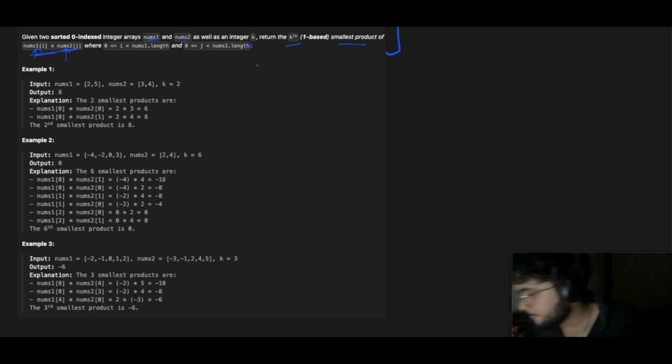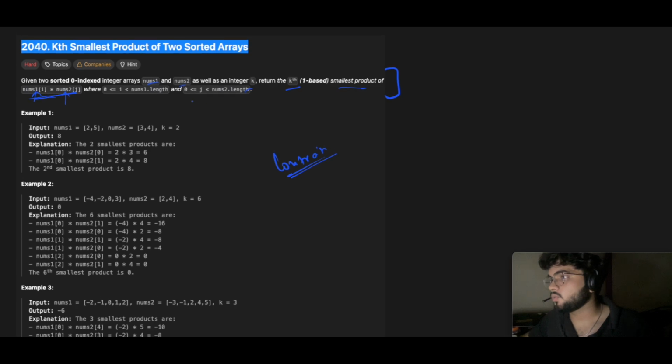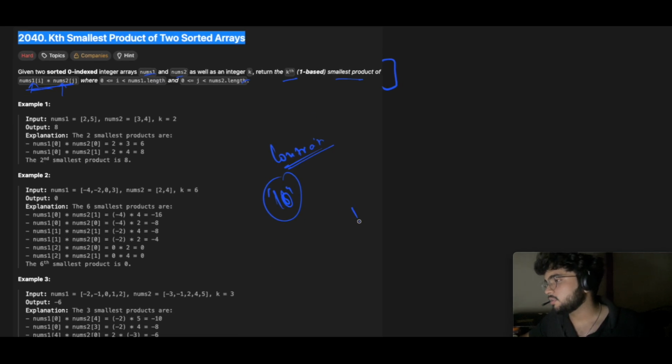And yeah, the constraints that are given: the total number of elements in each of these arrays can be 10 raised to the power 4, and the values will range from minus 10 raised to the power 5 to plus 10 raised to the power 5, and this is the length. Right,